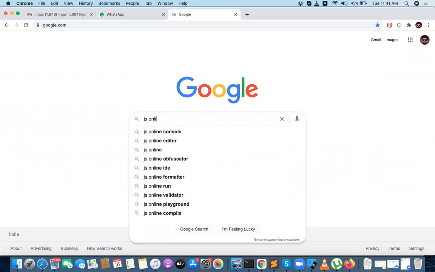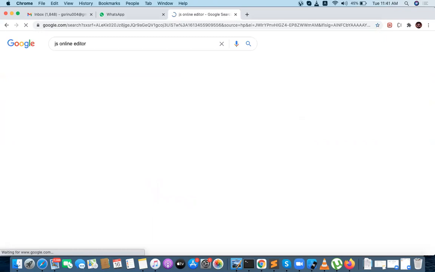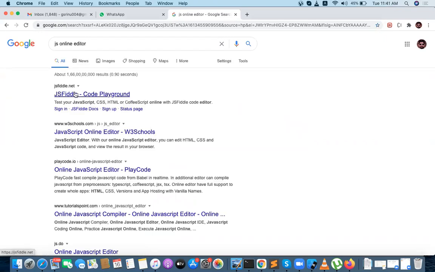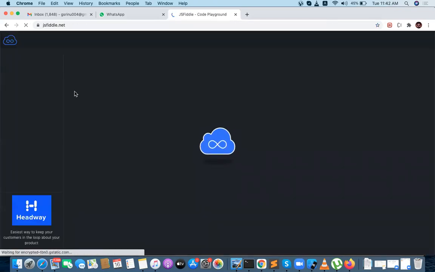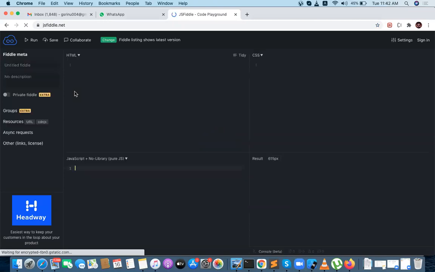JS online editors. There are a lot of editors, and JSFiddle is one. You can do JavaScript practice with jsfiddle.net, and you can do a lot of practice over there. You can write HTML here, CSS here, JavaScript here. Console.log, hi. So when I say hi, this will have some console output.